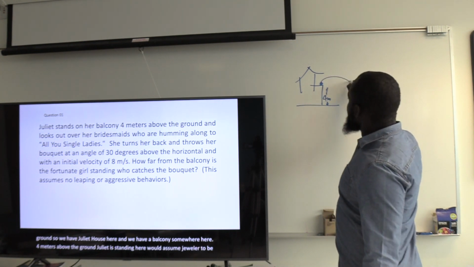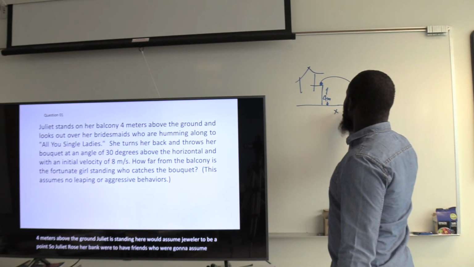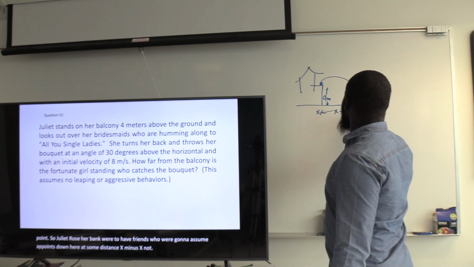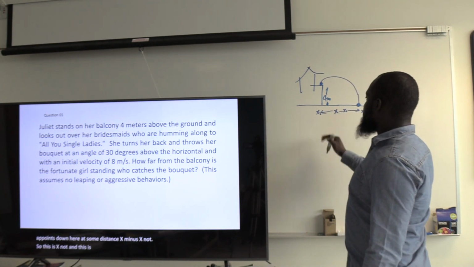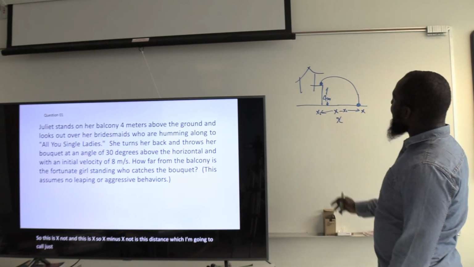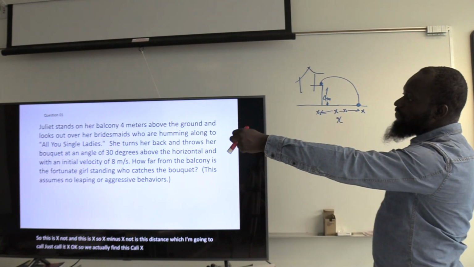So Juliet throws her bouquet to her friends, who we are going to assume are points down here at some distance, x minus x naught. So this is x naught and this is x. So x minus x naught is this distance, which I'm going to call just curly x. Okay? So we are asked to find this curly x, given that she turns back, looks over her head,